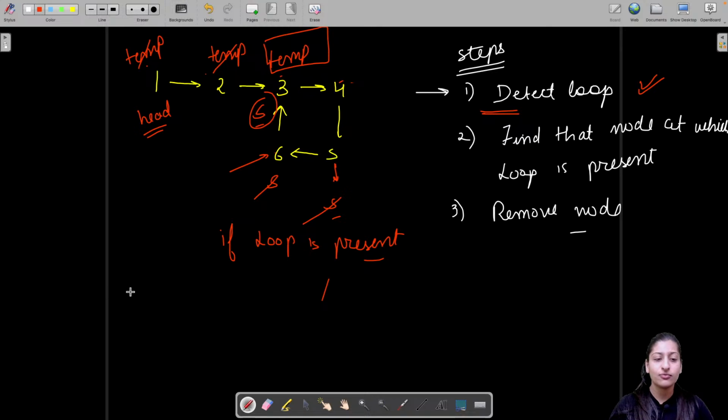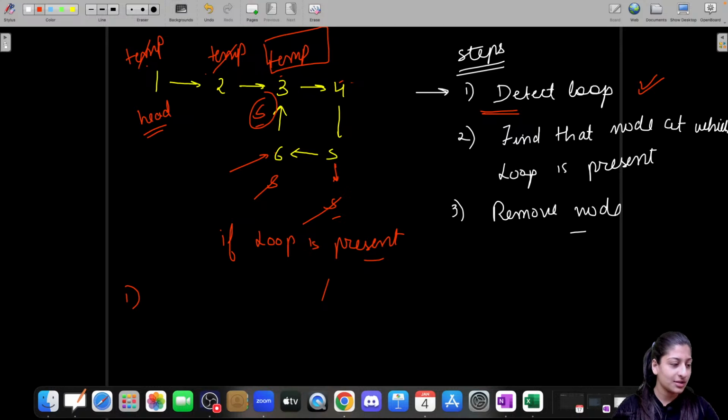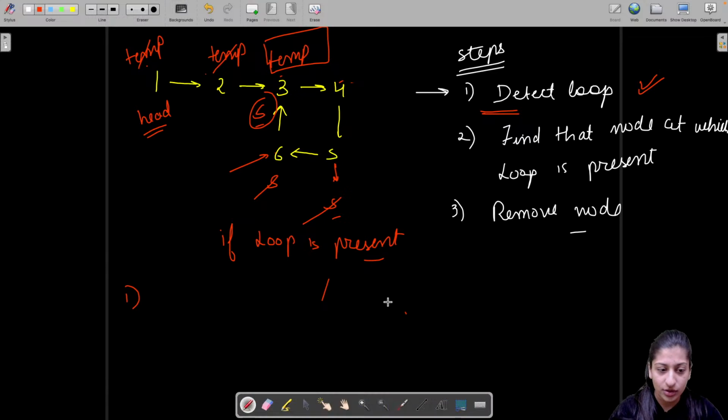Now first thing is for you to understand, I'm sure this must be something that you must be wondering, that how is it always possible that at every point, every time, whenever temp meets slow, it is going to be that node at which this loop is present. So to give that proof of concept, let me just tell you again, that's Floyd's algorithm. Have a look here. So how is this thing ensured? Look,